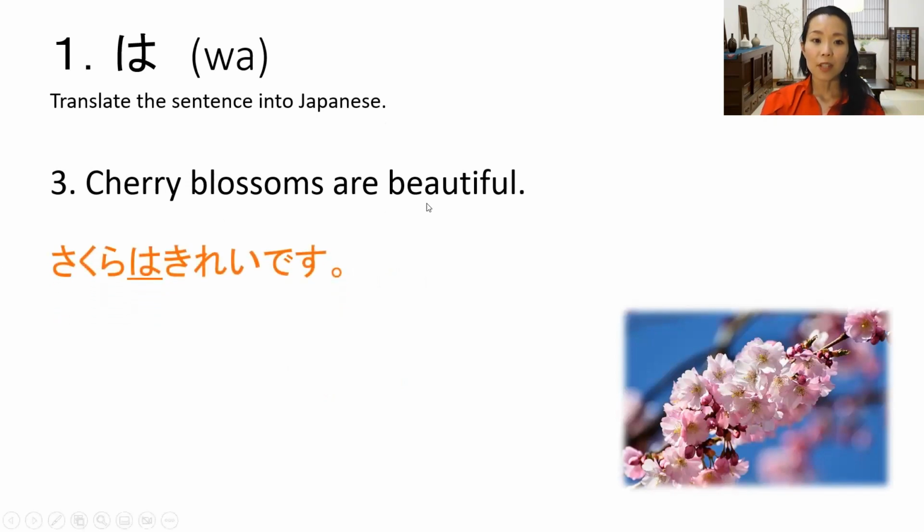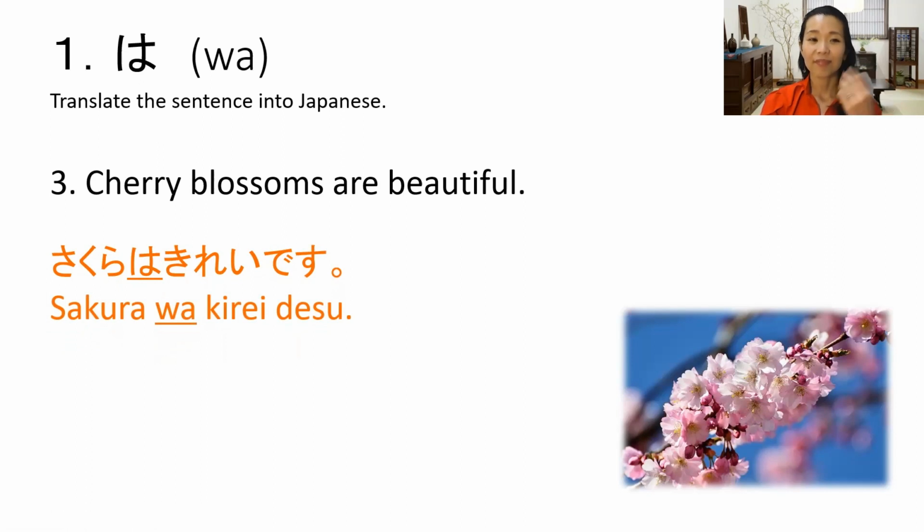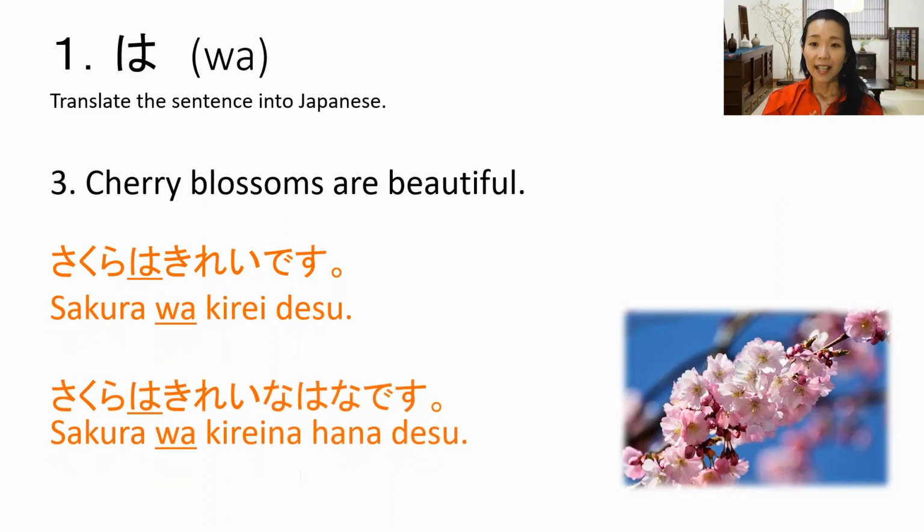Cherry blossoms in Japanese is sakura. Then we use wa. Then beautiful is kirei. So the answer would be 桜は綺麗です。Repeat after me. 桜は綺麗です。Good. One more time. 桜は綺麗です。